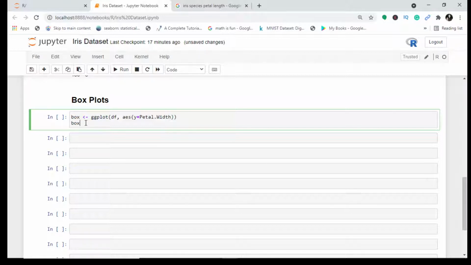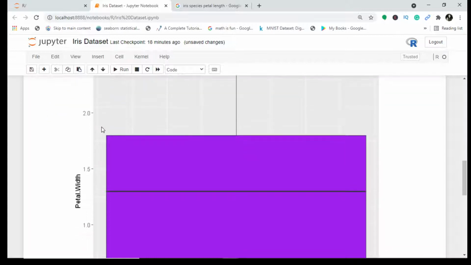Now I will plot this, and on the y-axis I have taken petal width. Let's see the outliers in this. And now I will set what type of geometry I want. So I want a box plot, so I will set the geometry as box plot. And what do I want inside? I would simply write here purple, because you can set any color. Okay, so this is what you get.